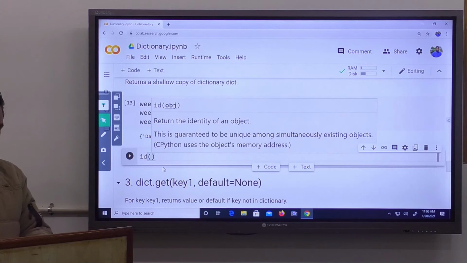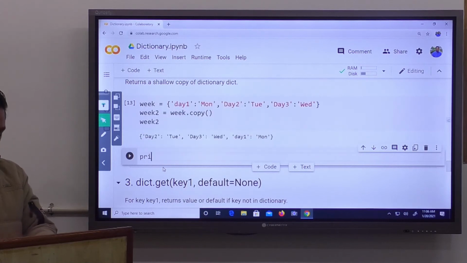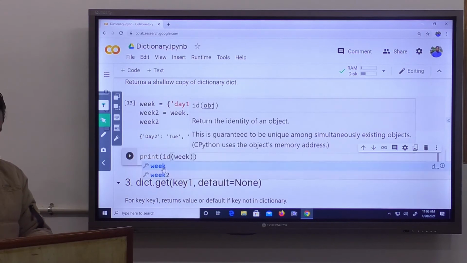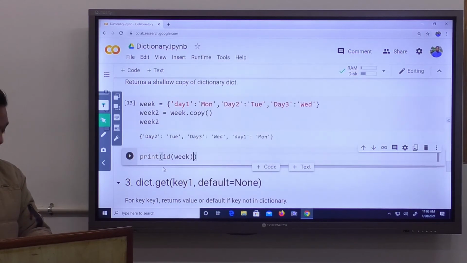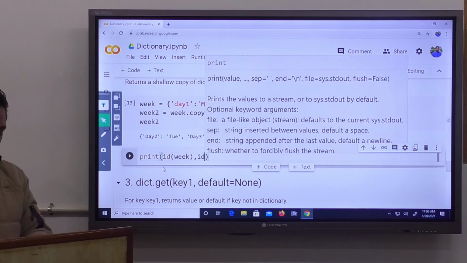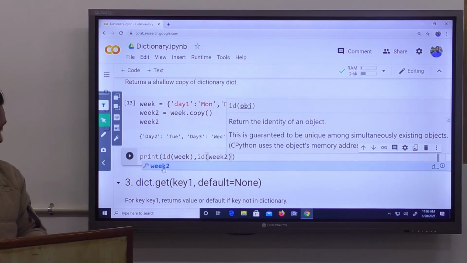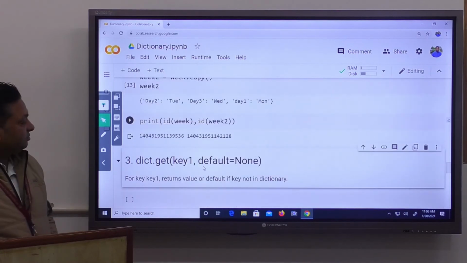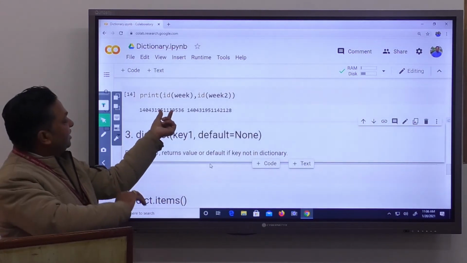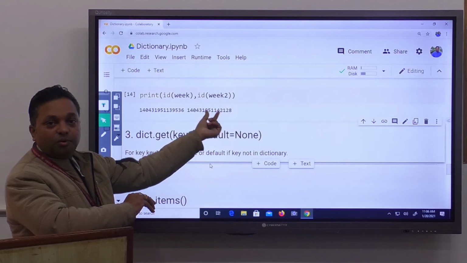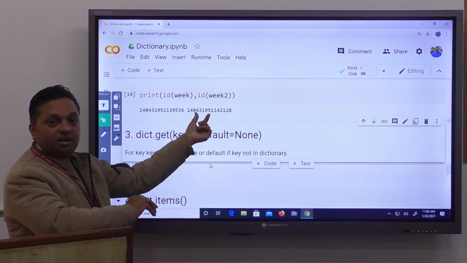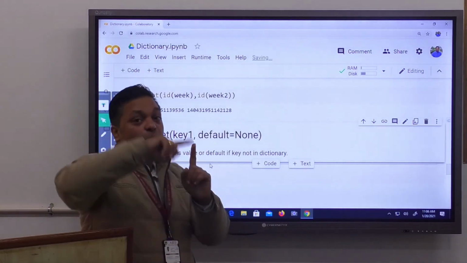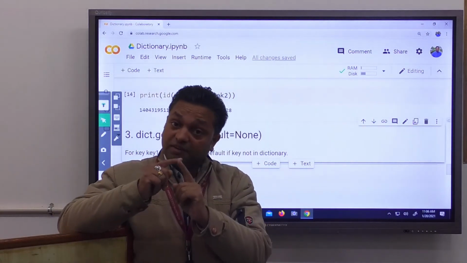For example, I am going to print ID of week, comma, ID of week 2 and run it. You can clearly see the ID of week is this and the ID of week 2 is this. Both are different. So the copy command creates a duplicate copy rather than referring to the same one.